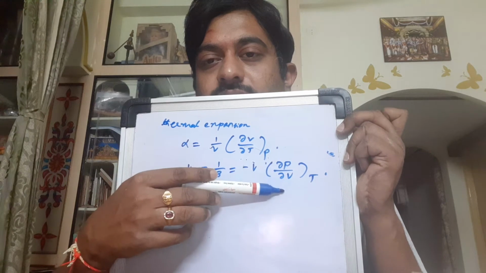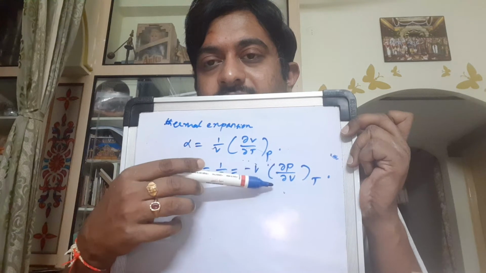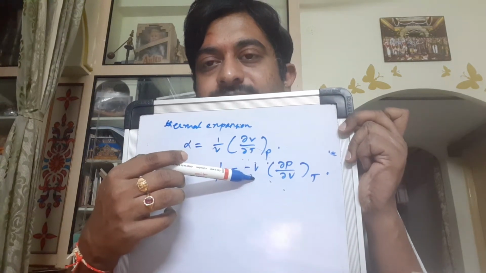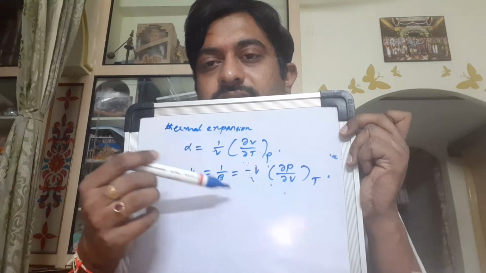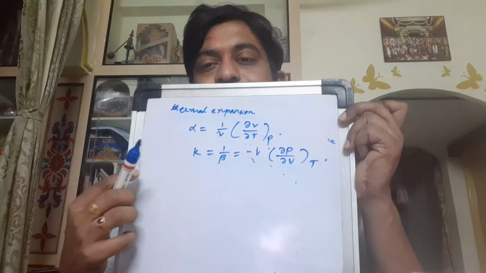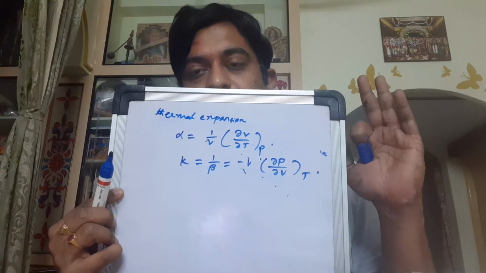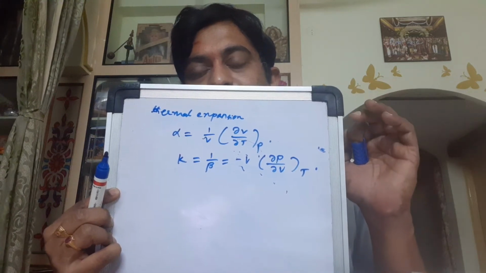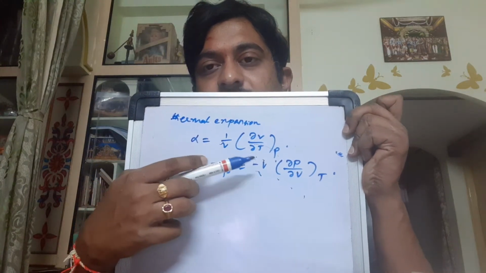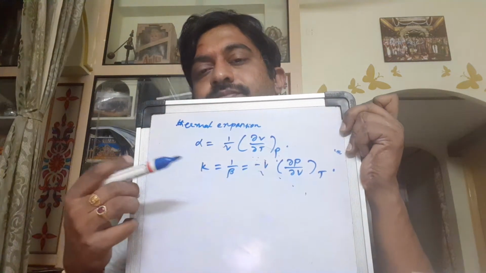Right? Dou P by dou V. This is just the reverse of this one. All the variables are the same, V, P, T. Only this relative term is the same, dou V by V and P. This is a constant pressure, this is a constant temperature. There is no need to panic, but you should observe how we developed these things. The change in volume with respect to volume is the relative volume change with respect to the variable we are considering, the temperature or pressure, right?